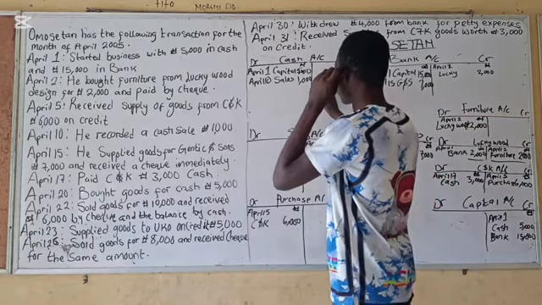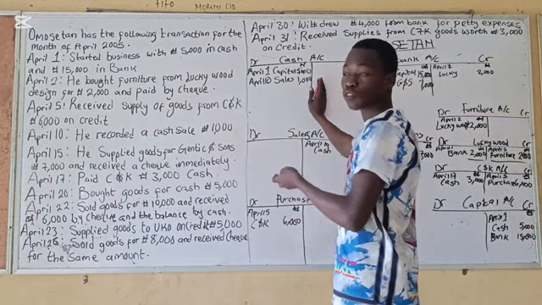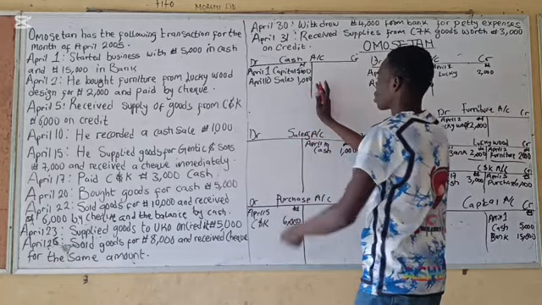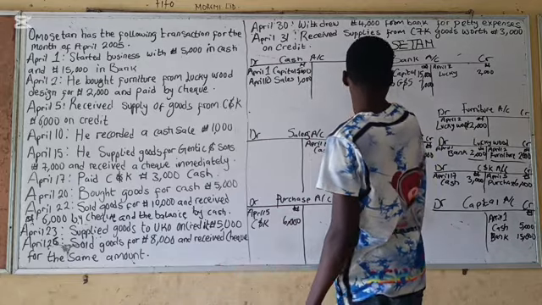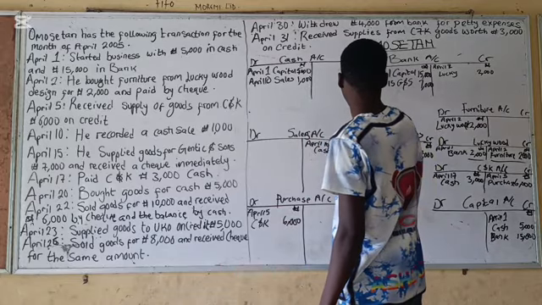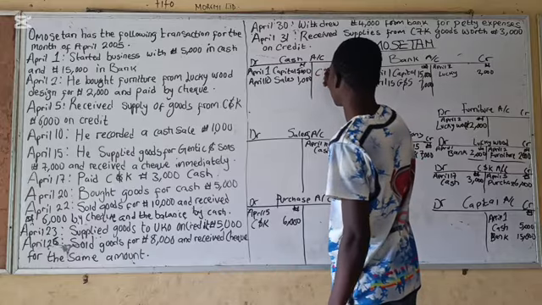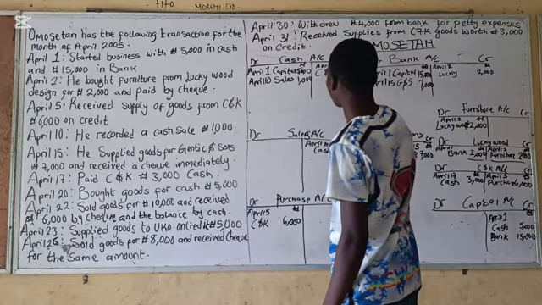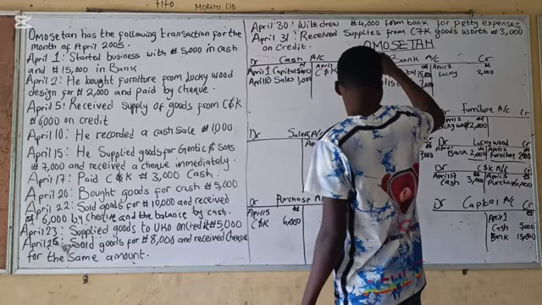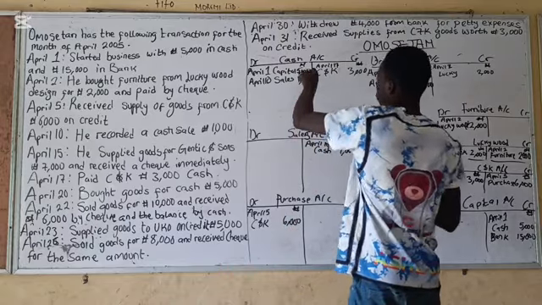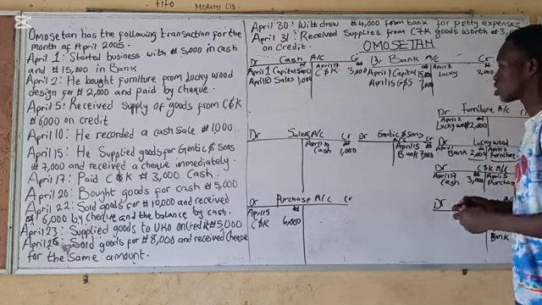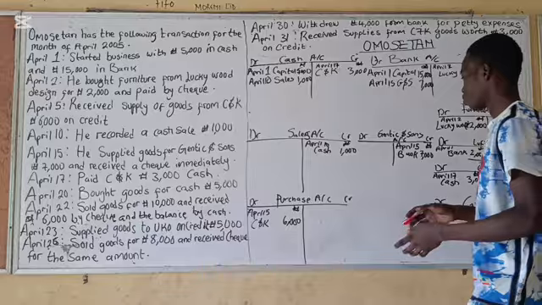Now you move to credit. You move to your cash account. Money is coming out from your account here, which is cash, right? So you write 3,000 naira. You gave it to which person? C and K. April 17. It should be in the back here, but there's not enough space. So we just need to manage it. Now the next one is